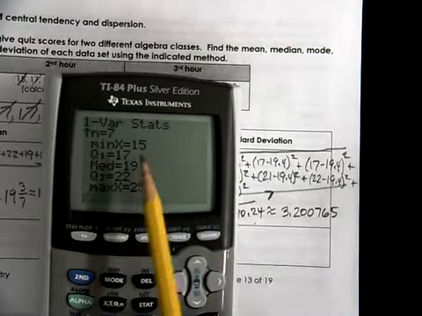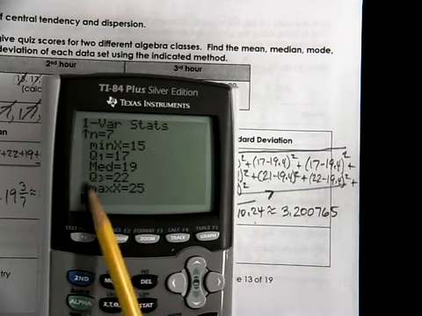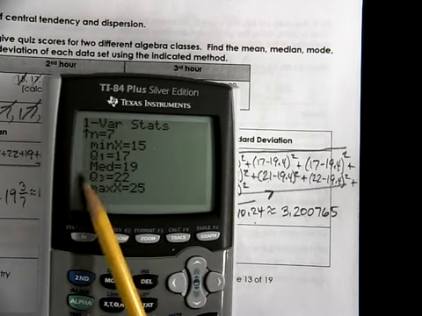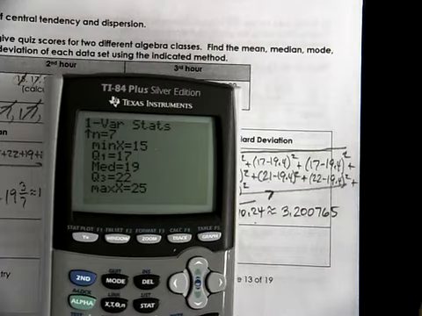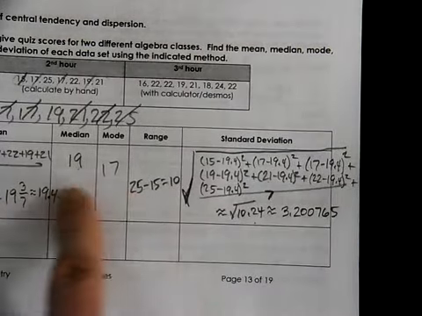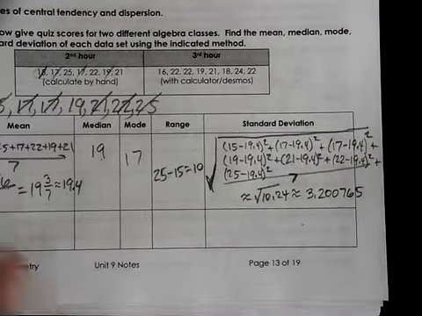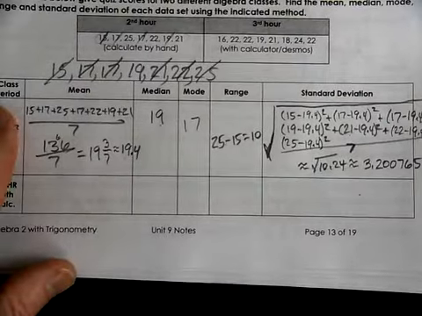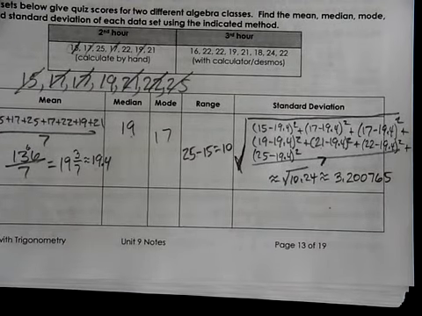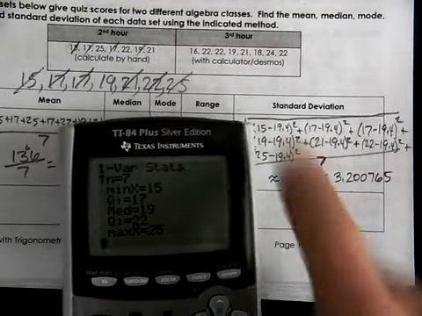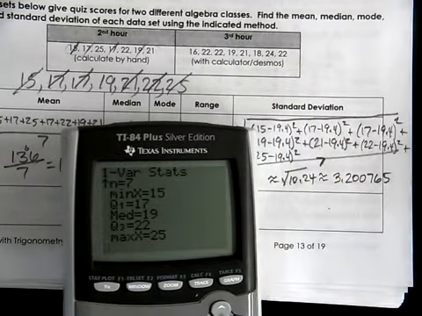If you remember back when you made box and whiskers, you used this data. This set of data. Okay? So it shows you where we got all our values from. You can do it by hand, or you can use your calculator. So if we're going to do our third hour class,